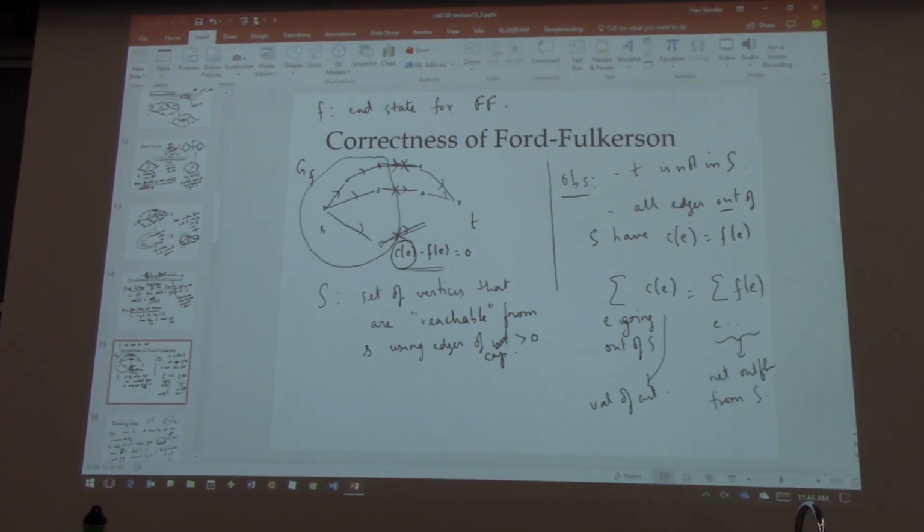Okay? And the way we are doing it is kind of devious. We introduced this new problem, which we called the min cut problem. We said that the optimum for the min cut is always bigger than or equal to the optimum for the max flow. Then we are saying that for the output of Ford-Fulkerson, there is actually a cut whose value is equal. So in particular, the optimum of these two problems must be the same, and also Ford-Fulkerson must be optimal. So it establishes two things in the same shot. Okay, so that's what I was saying.